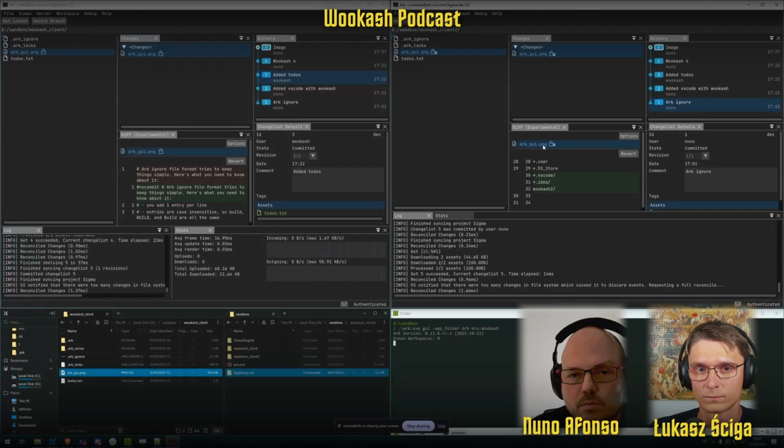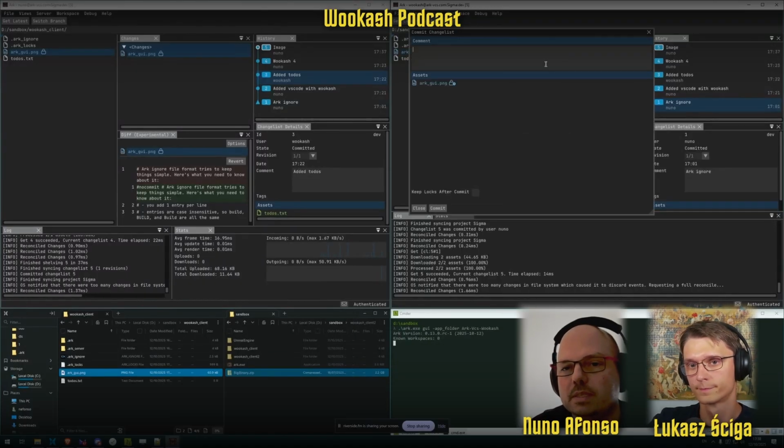And the file is also changed. And see, you have now a different icon. It's a lock with a timer. So basically you're waiting for the lock. The lock belongs to Nunu, but you're in the queue to push it, right? So now if you want to commit this,